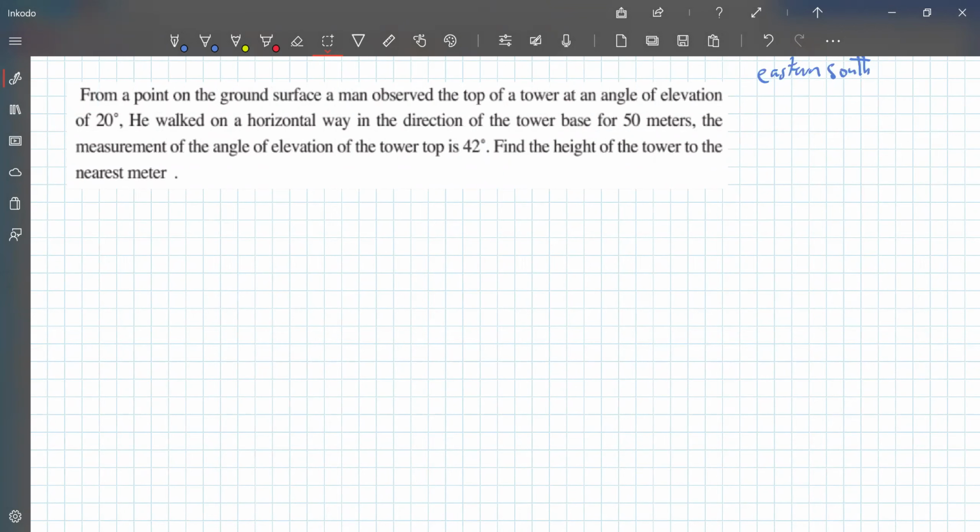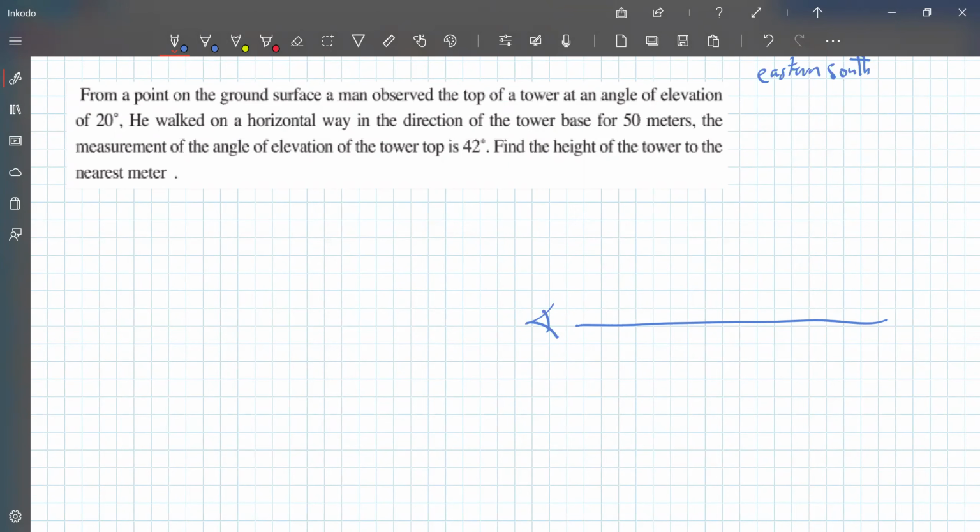At the first time, we will find from the point, so this is the location of the man. From a point on the ground surface, so the man is on the ground surface,